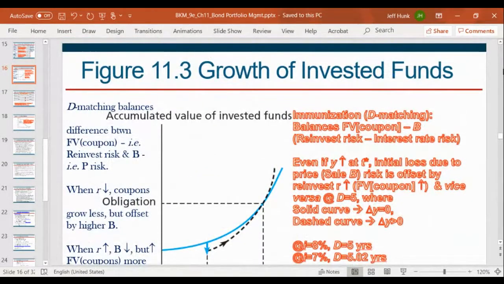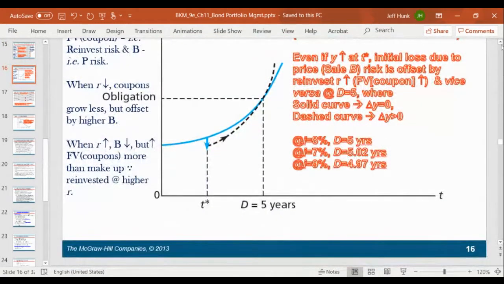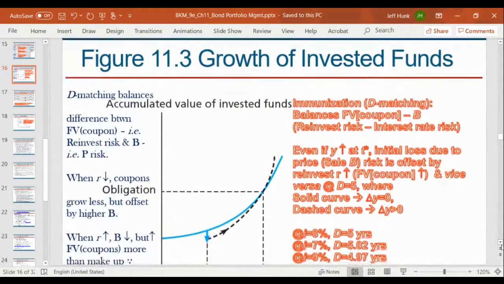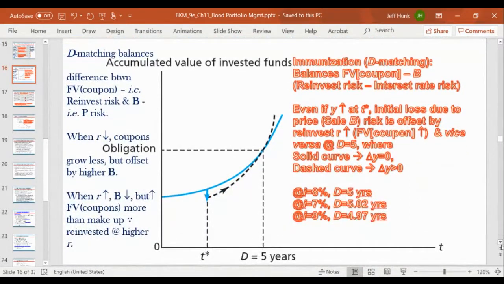Discussion about the immunization, right? We need to take a look at this graph, which is capturing basically where duration and the maturity are tangent to each other. Now, we understand that duration matching balances the difference between the future value of the